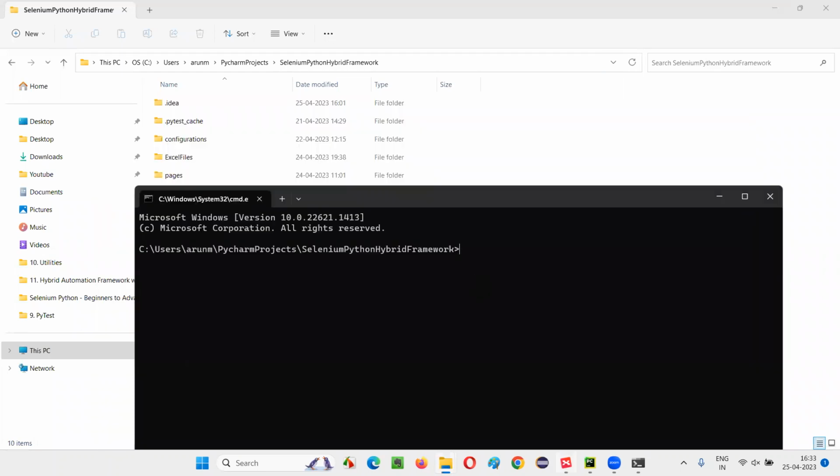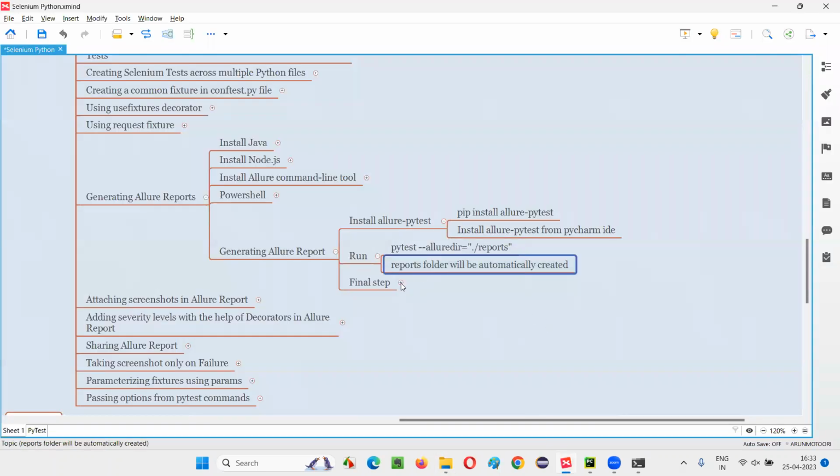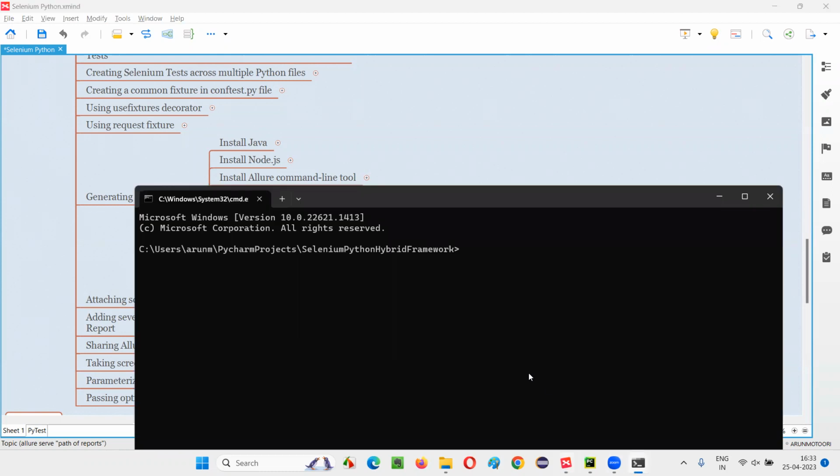Here in the command prompt, you have to type the final command we have to run in the command line. That is allure space serve space, and the path of the reports. So allure serve, and give the path of the reports, ./reports folder. Just press enter. You see, this command is going to generate the Allure report for you and launch it automatically